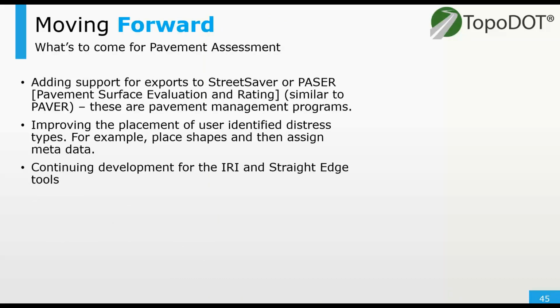And then moving forward, adding to the pavement assessment, we're probably going to be looking into StreetSaver or possibly PASER. It's similar to PAVER, but it's just another pavement management program. I'd like to see some improvements for the user identified distress types. So we might add the support for placing shapes and then assigning metadata, or